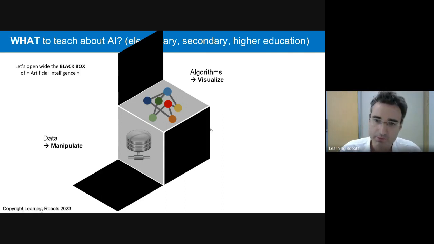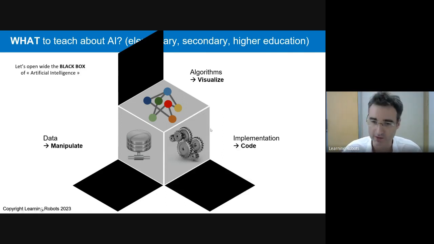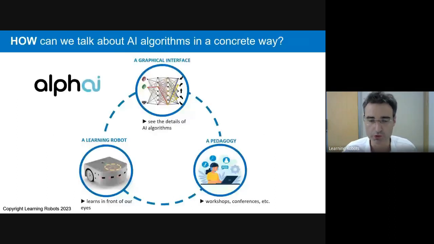The third step is more advanced and will be only for the students who really want to master it by themselves. It will be to code my own AI in a programming language, and our software is connected to Python. So you can code AI in Python. Now, how do we do it? So the solution of the ThymioAI software